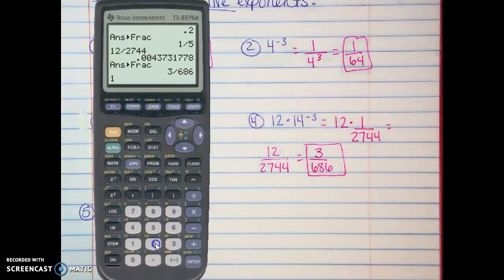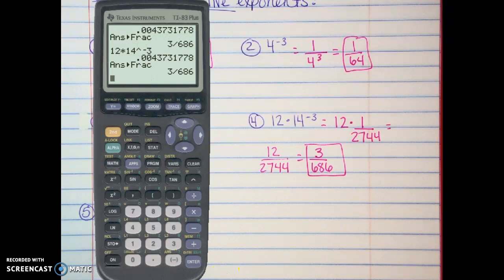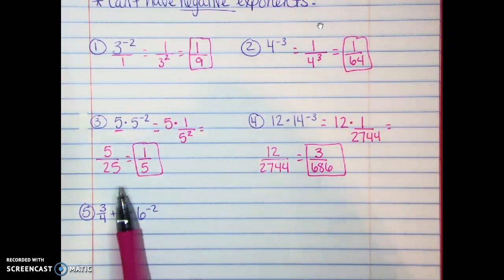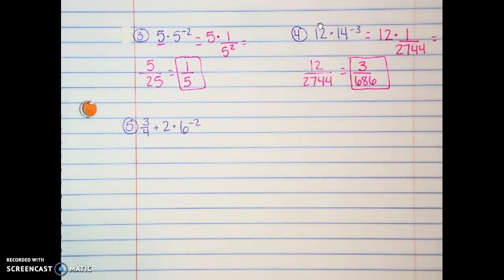And just to make sure, 12 times 14 to the negative third. And that is the same decimal as it was up here. So math, enter, there it is. Okay, so if I were you, I would always double check your answers on the calculator since you have that option. Definitely do that, especially if you have like a quiz or something on it. Okay,